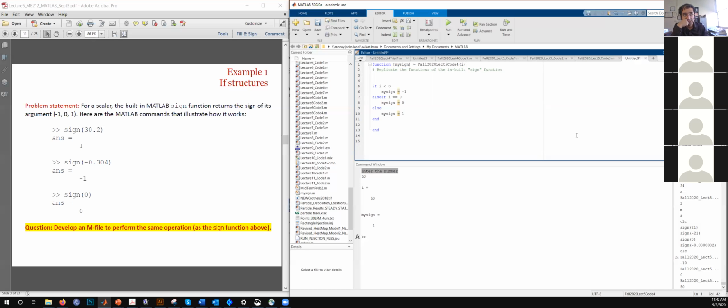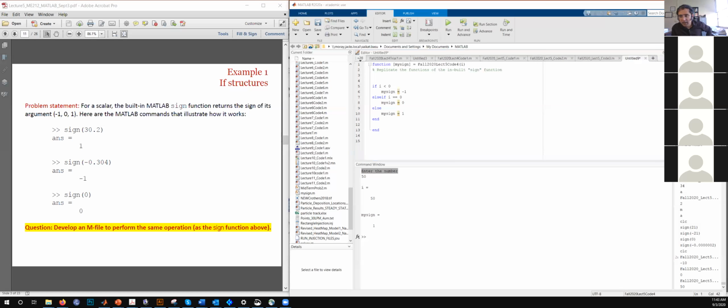Okay, so the question is, we copied the if structure from the previous code, the script file. My question is, should we copy this line as well, the input line? No, because that's part of the function when you have the input. Hang on, sorry, I don't hear you guys. Say again. Yeah.